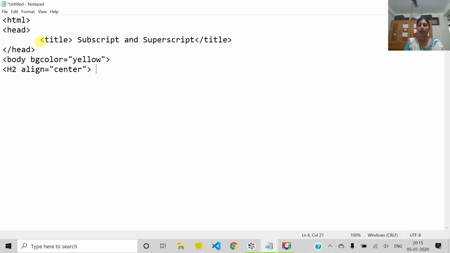Fine. Now heading I am giving learning subscript and superscript. Then H2 close.